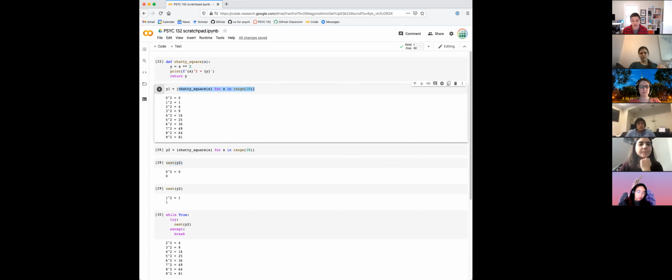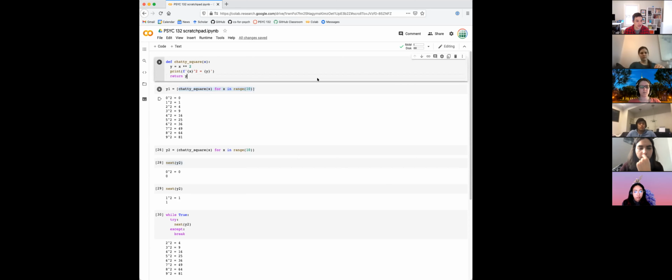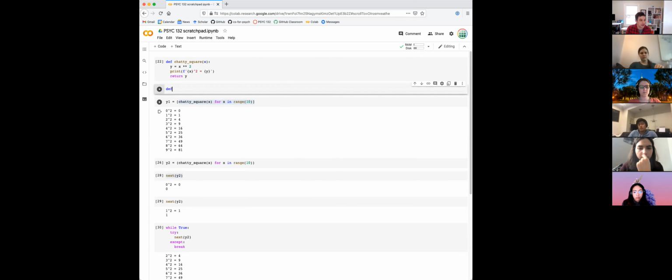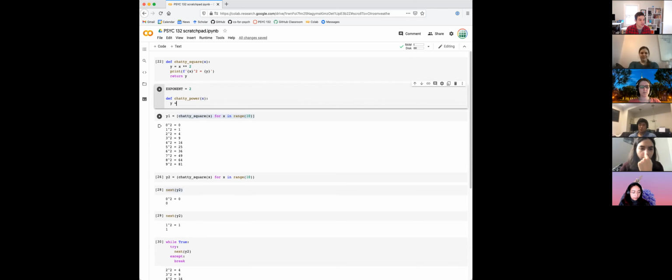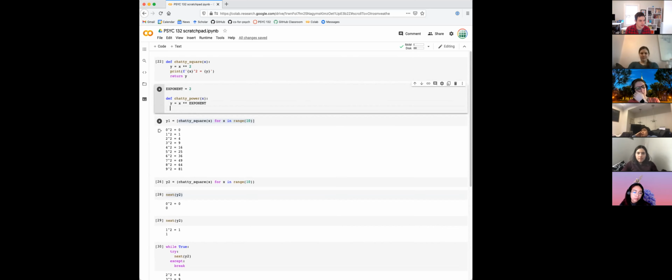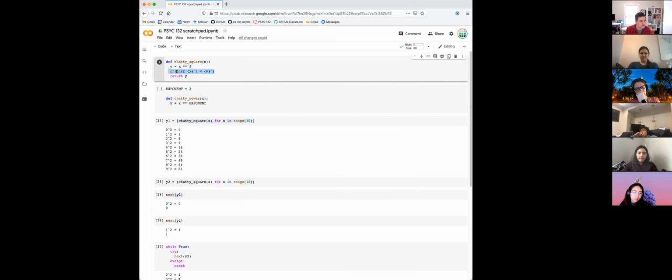And then you could also encounter some situation where you don't necessarily have all the critical information you need when the generator is created. So we could write a twist on this chatty square function. We could raise, let's see, I'll define this variable exponent, and then chatty power is going to raise x to the current value of exponent. And then,